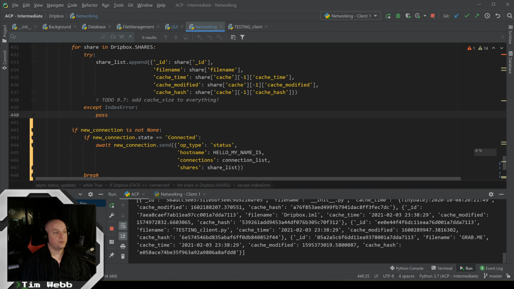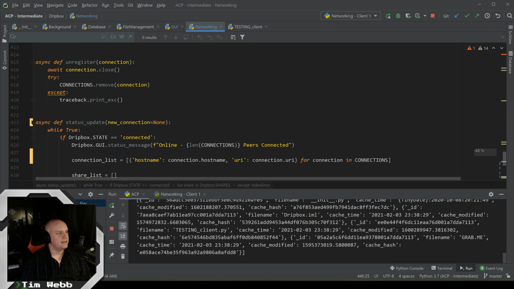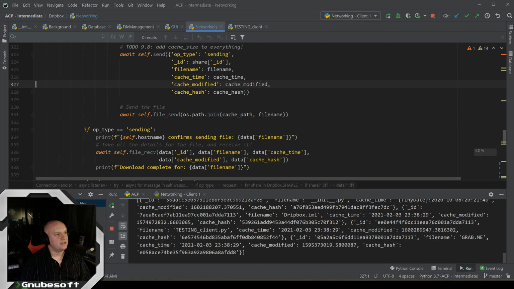All right, so now we need to make sure that we're actually making use of our status update's new connection ability. So to do this, we're going to want to send a connection every single time we make a new connection. And there are two different methods that make connections. Although our app is peer-to-peer, we needed to structure it so that there's a server and client relationship during the actual login handshake stuff. So we've got two different places we need to look at to add this